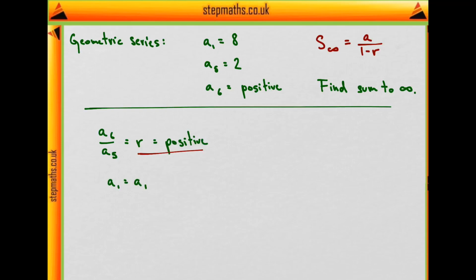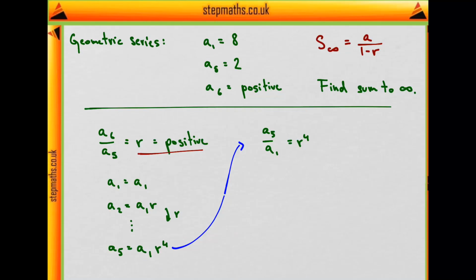Then a1 obviously equals a1, and a2 will be a1 times r. And so on, we'll always multiply by r to the next step, until we get to a5, which is a1 times the common ratio to the 4th power. So let's try and get the most out of this new piece of information. So it must be that a5 divided by a1 is r to the 4th power, and that equals 2 divided